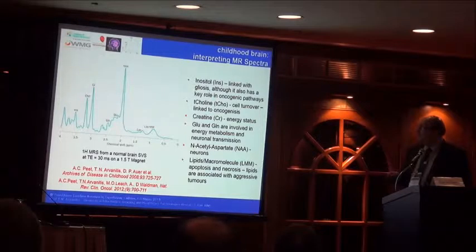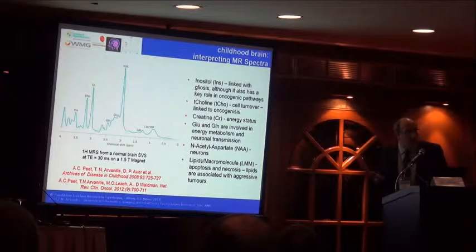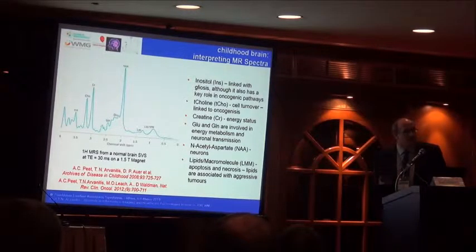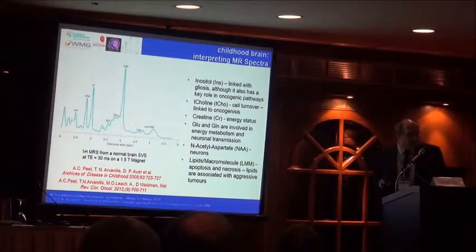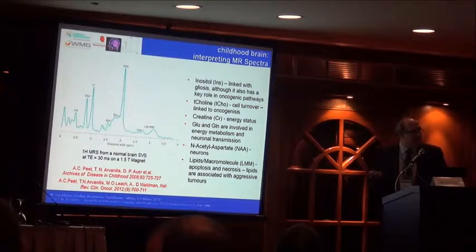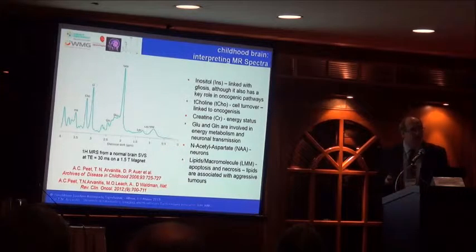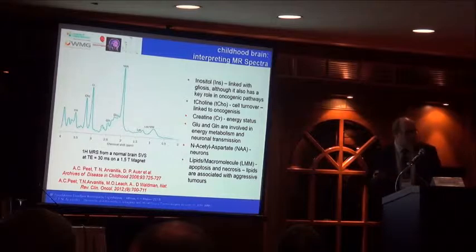So for example, inositol metabolite is usually linked to meiosis, and actually it's very, very important for growth of tumors and oncogenesis. Total choline also tells us about the cell turnover, and unfortunately, when it is increased, it tells us bad news about the tumor. It grows very, very fast. Creatine tells us about the energy state, sometimes that information can be good or bad.